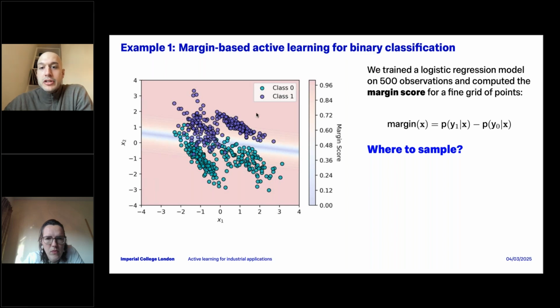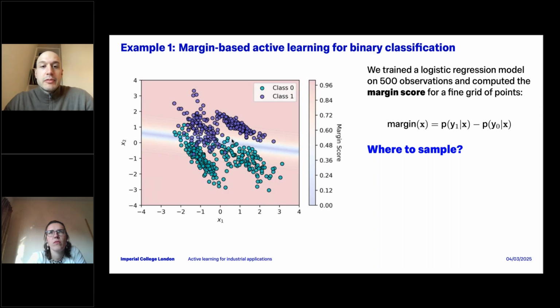Now we computed the margin score for all the points on a fine mesh grid. The margin score, which is the difference between the scores assigned to being labeled class 1 or class 0, is very high in the central region of the plot, where the two clusters of data points meet.